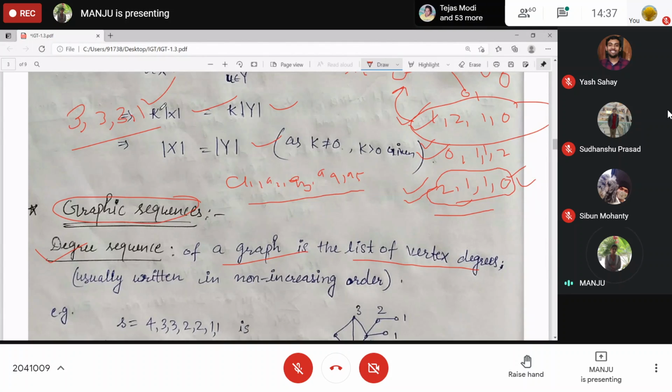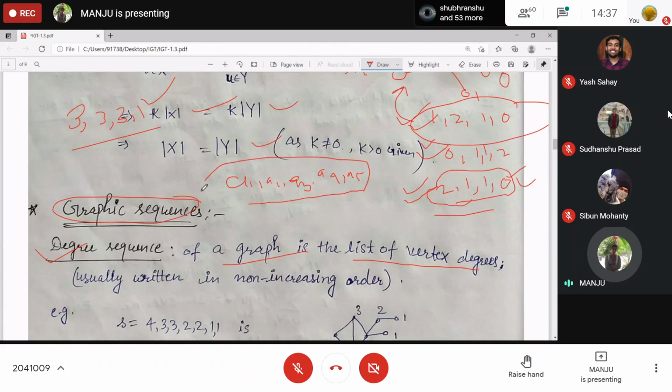There are 4 vertices and 3 has degree 3. No, ma'am, not possible, right? It may not be possible always.